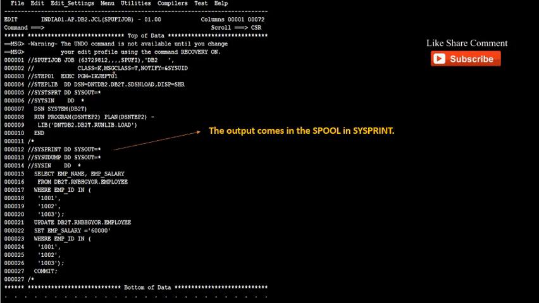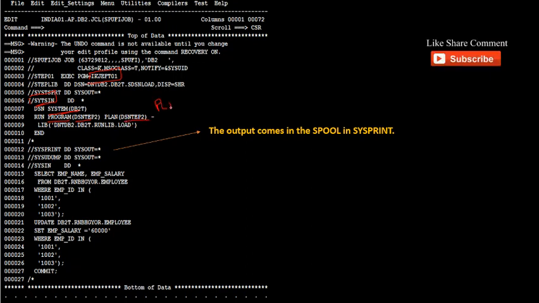And now we are going to check the job. We are using the IKJEFT01 utility. In SYSTSIN we are giving the system name DB2T, and then we are giving the program name DSNTEP2 and plan name DSNTEP2.